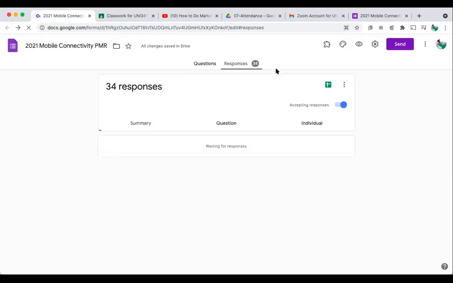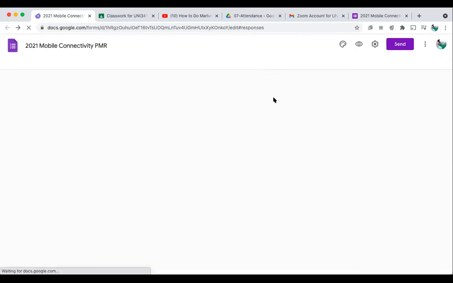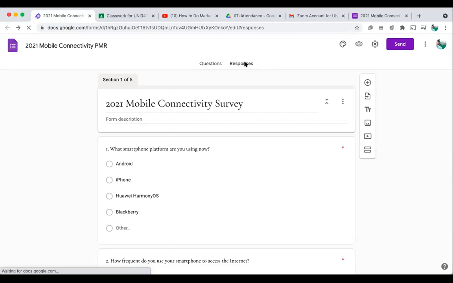I'll just try to refresh my screen. Right, I got 34 responses. In just 10 minutes, I got 34 responses, which is not bad. And I got all the details that I want in terms of the responses. So here, if I just go to responses,